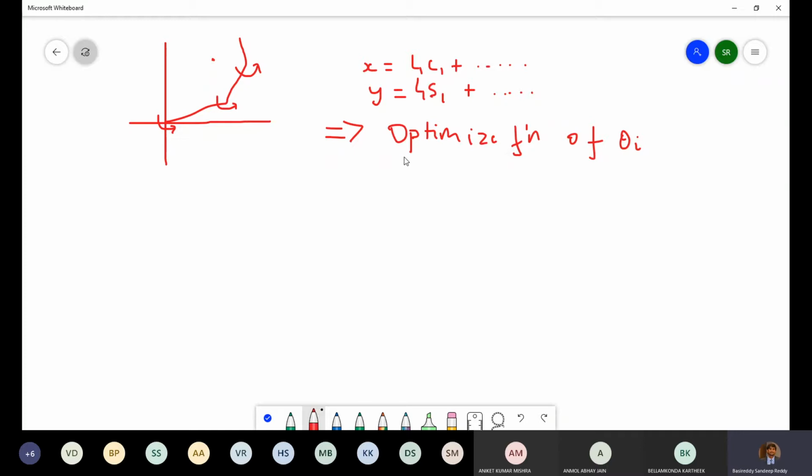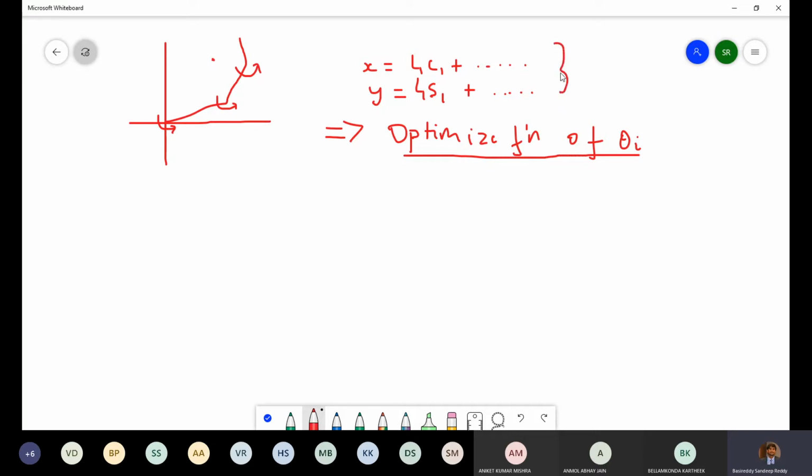So what I mean by optimizing is that, to get this third equation, you are in some way putting a constraint or some kind of additional useful equation to resolve this redundancy.